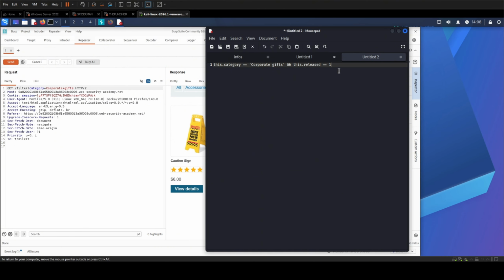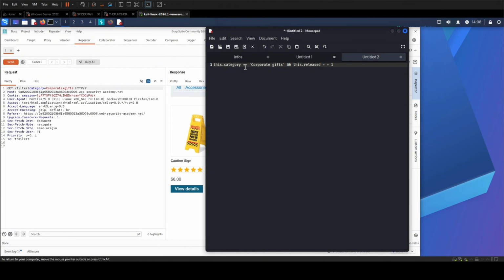And that second part, the released bit, is the gate. Some products are flagged released, some aren't, and the public only ever sees the released ones. That's almost certainly why we only got 3. Now I'm guessing at the exact shape here. I don't get to see their real code, so don't take this as gospel. But it doesn't have to be exact.